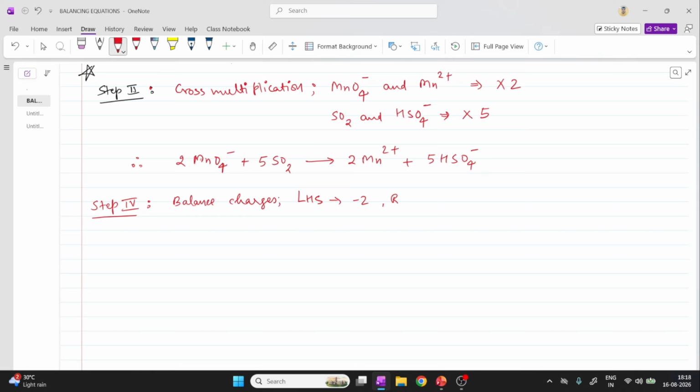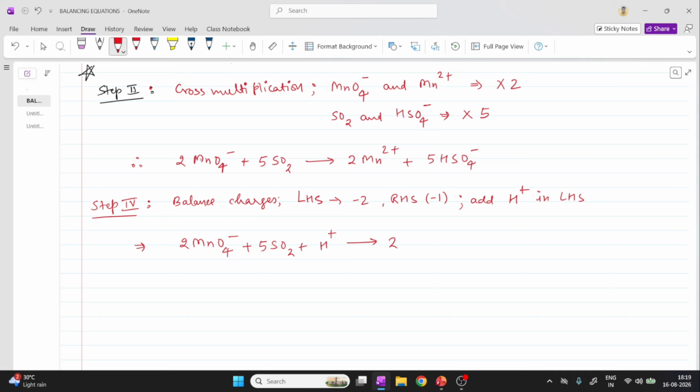LHS is -2 and RHS is what? It is -1. So how can we make it equal? Because this medium is acidic, I can add H+ on the LHS. If I add 1 H+, then 1 plus -2 will be -1, so it will be equal to -1. So if I add 1 H+, the final equation will be 2MnO4- + 5SO2 + 1 H+